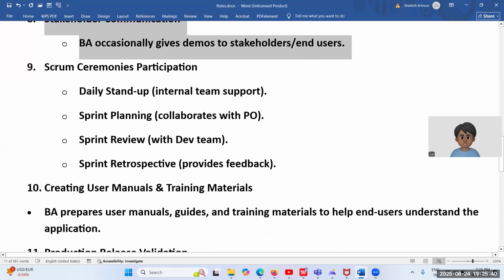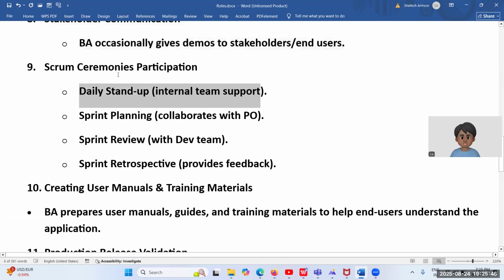And the ninth role of a BA, I would like to say, is the daily stand-up. The Scrum ceremonies. Scrum ceremonies are nothing but meetings. Okay. We name them ceremonies, but we call them meetings. So here we will be having four types of meetings. But I would like to cover only two. So the first meeting is the daily stand-up, not only for a business analyst. Every